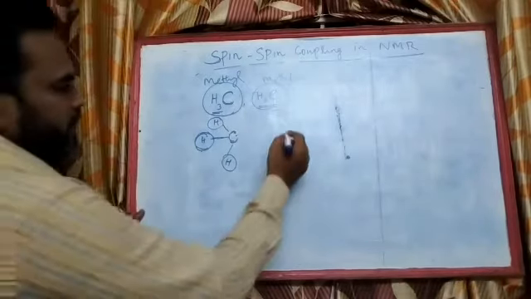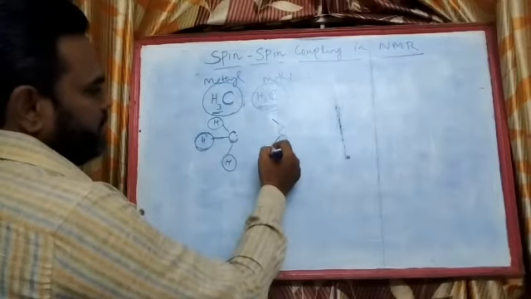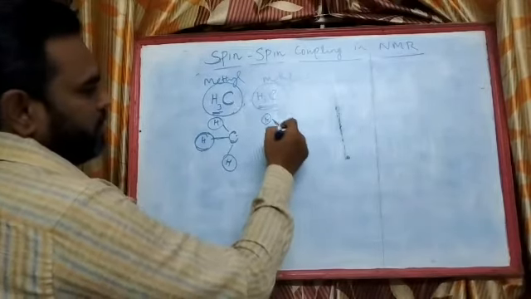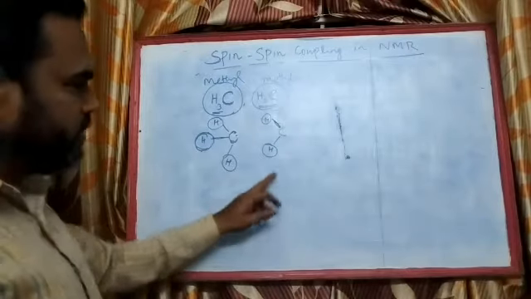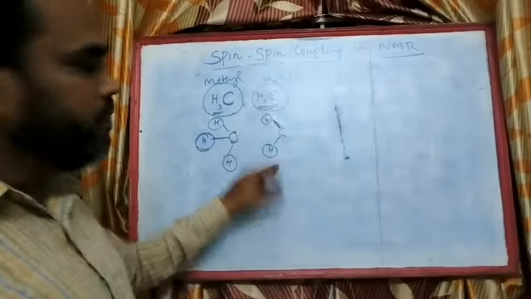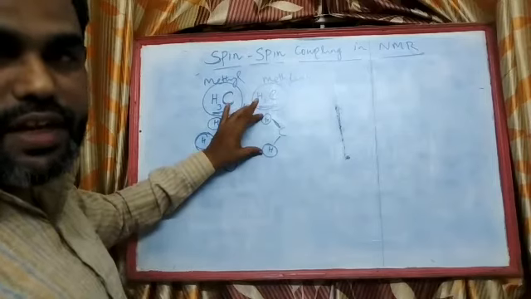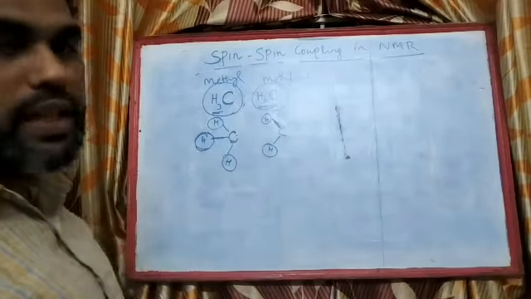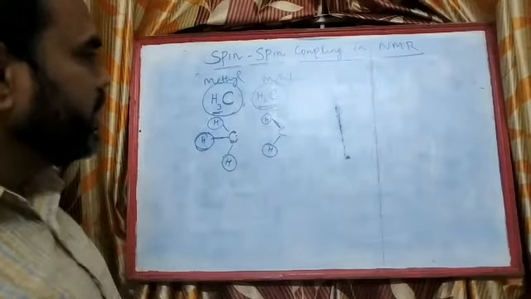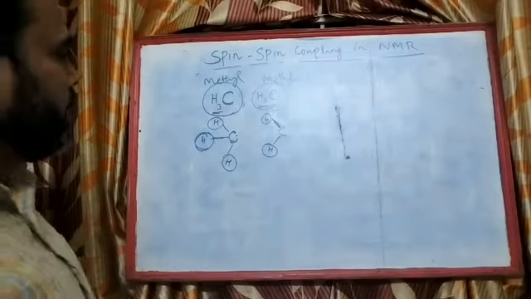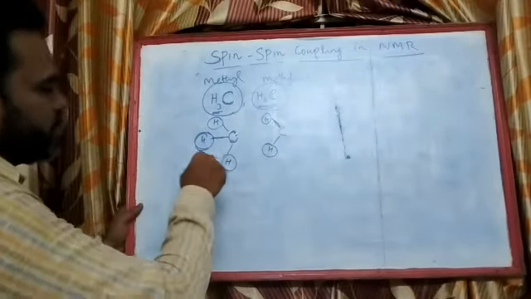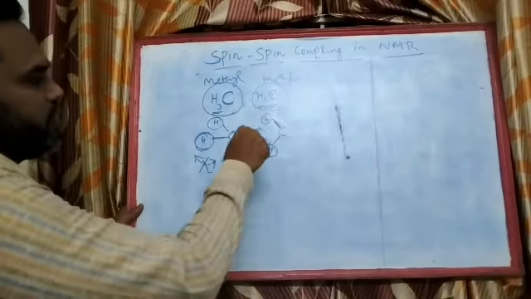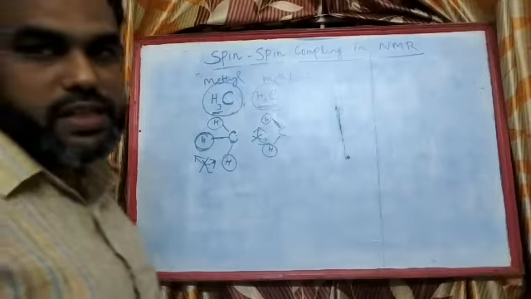Similarly here, the 2 hydrogens in methylene are magnetically equal as well as chemically equal. They both possess the same shielding constant value, and you cannot distinguish between the 2 protons. So they are chemically equal. So how about the coupling between these 2? Similarly, definitely the coupling between these two is not considered.